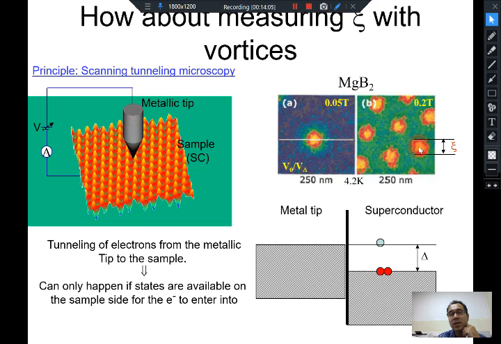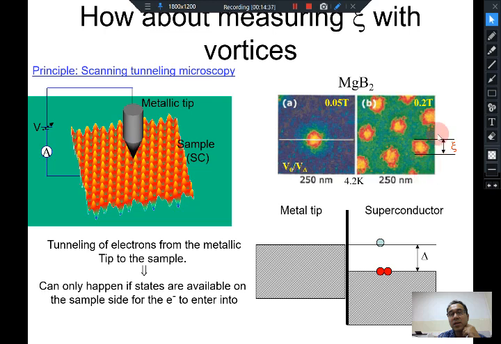So whereas in the scanning Hall technique you actually were able to measure the lambda, by this STM technique you can measure the size of the normal core, because over this red region you do not require any biasing voltage for the current to actually pass through from the metallic tip to the surface. In all the other regions, because it is superconducting, these greenish or bluish regions, you have to apply a finite bias voltage to establish a tunneling current. Okay, so this way you can actually measure the size of a vortex core.